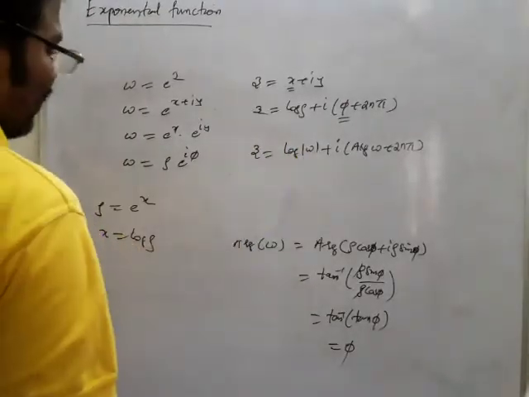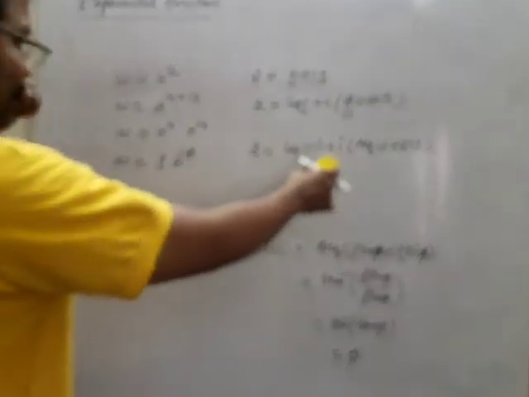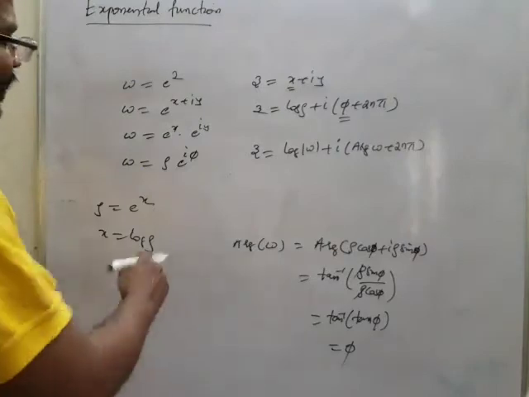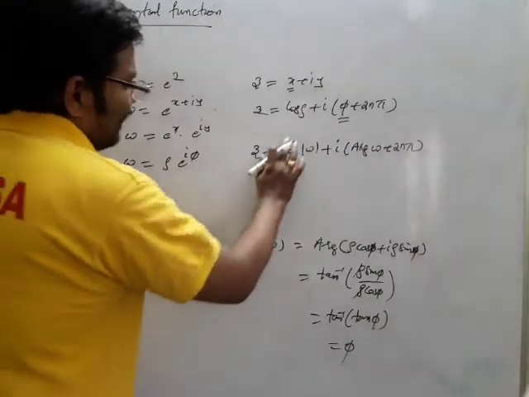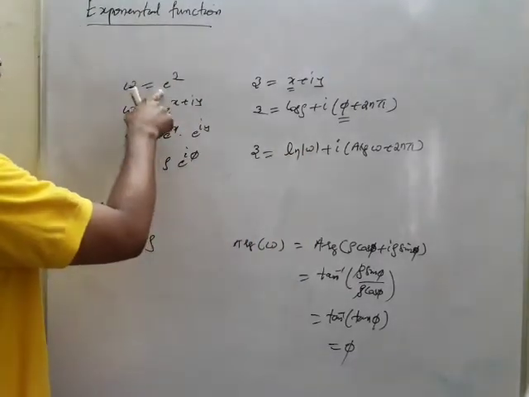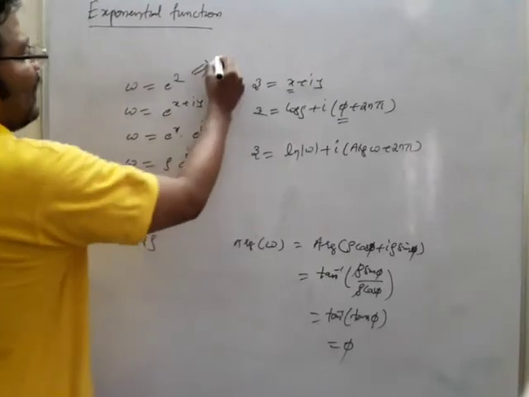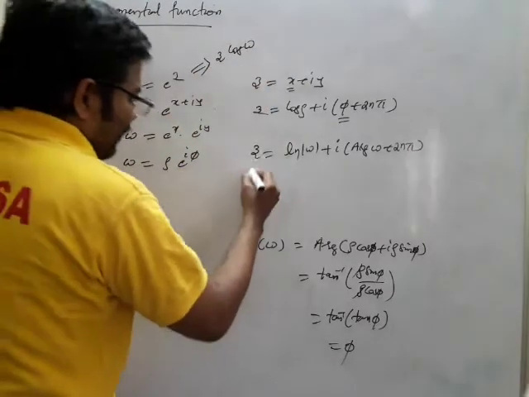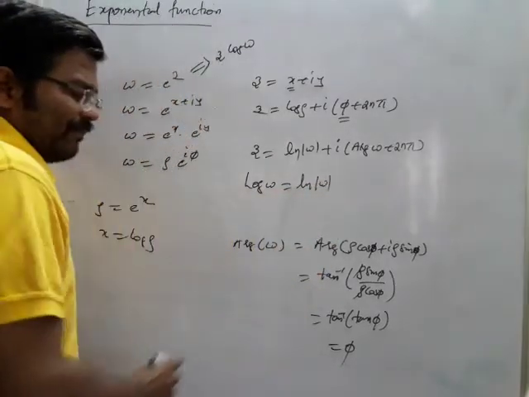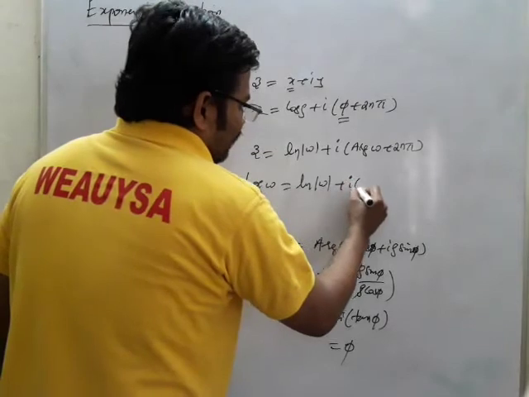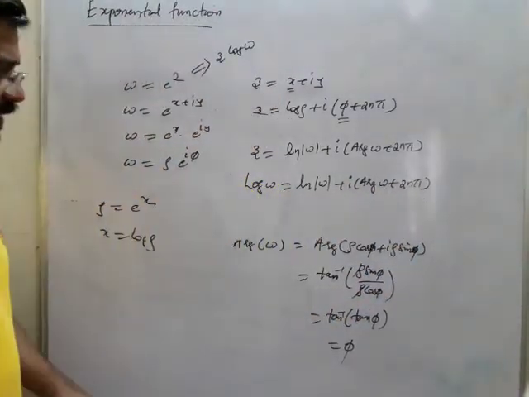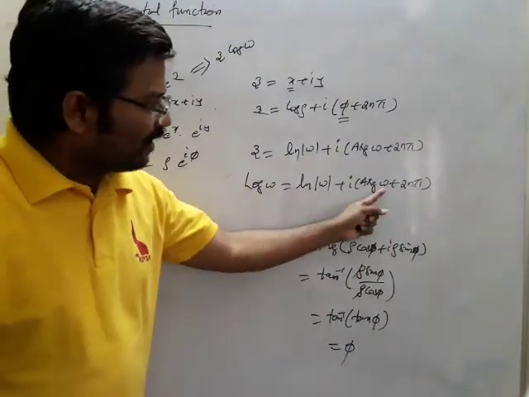2n log z, log w, argument of w, I into argument of w plus 2n pi. This is how we got it. But what is this? Z. This I may write in the form of ln. What is z? From here, how are you going to get z? Z is equal to log w. So I may write here log w is equal to ln w plus I into argument of w plus 2n pi. So this is how we have changed that w. This is how I got the w.